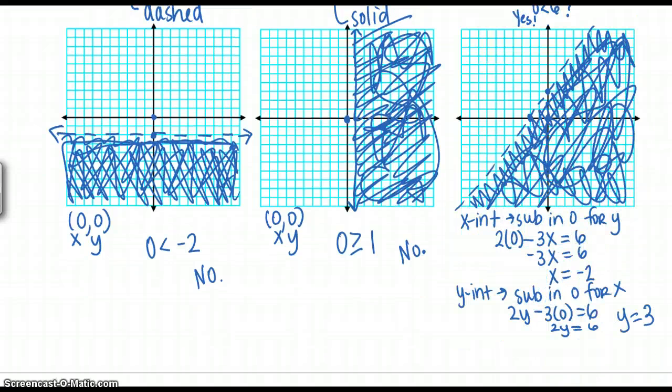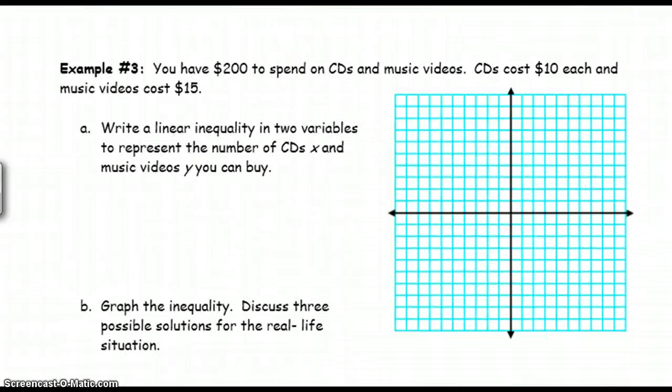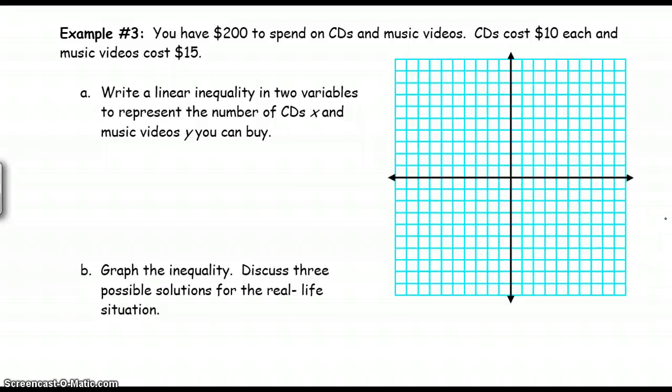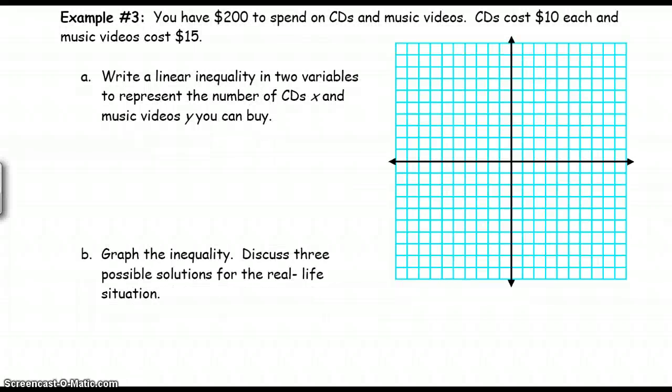Okay, moving on to the back of our notes. You have $200 to spend on CDs and music videos. CDs cost $10 each, and music videos cost $15. Write a linear inequality in 2 variables to represent the number of CDs x and the number of music videos